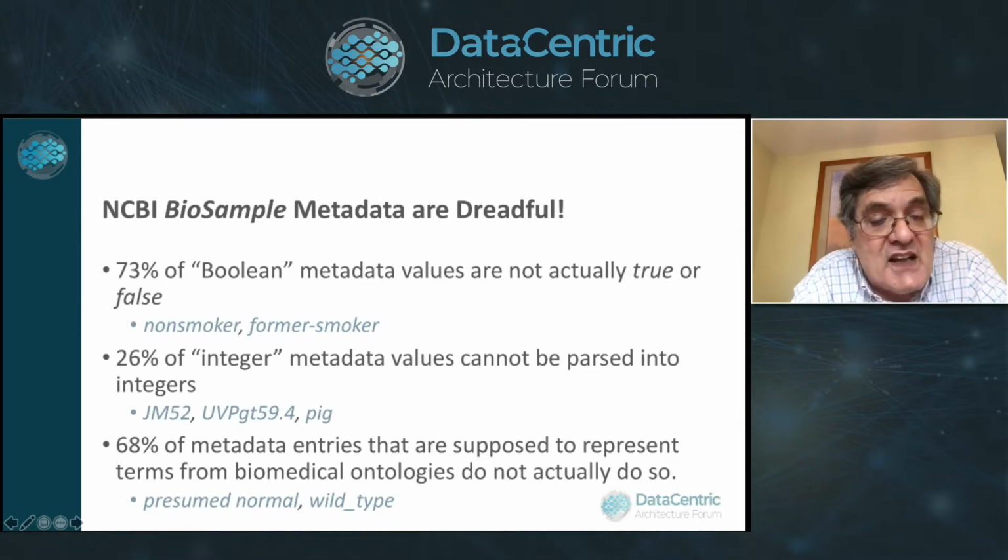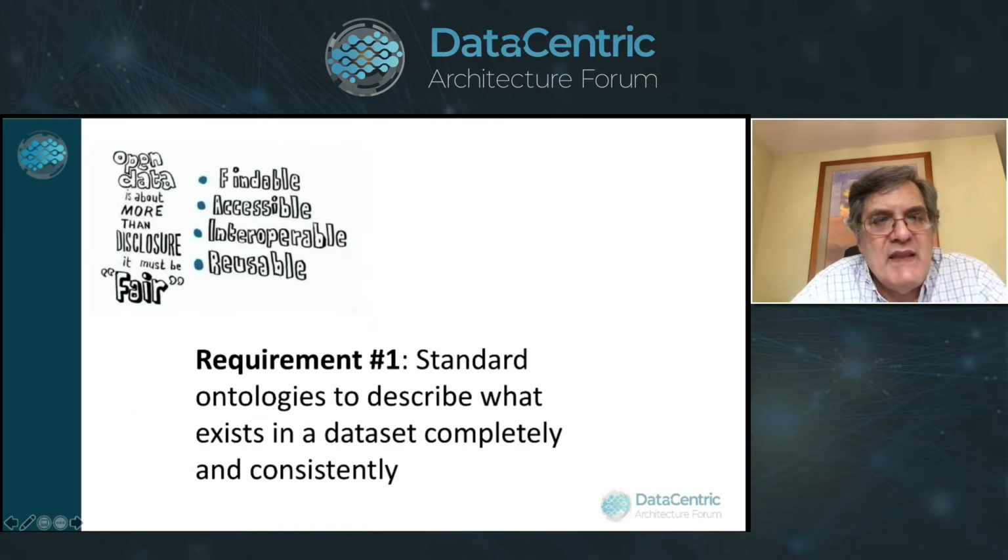They're text strings that seem reasonable when the scientists are creating their metadata, but actually are not searchable, aren't conformant with standards, and really make it such that if people want to get access to data in a reasonable way, it's really, really hard. What that means for us is that if we're looking for data that are findable, accessible, interoperable, and reusable, we have a real challenge. We have to think about what are the requirements that are necessary in order to allow science to get access to those data. They need data that are obviously represented using standard ontologies that describe what exists in a data